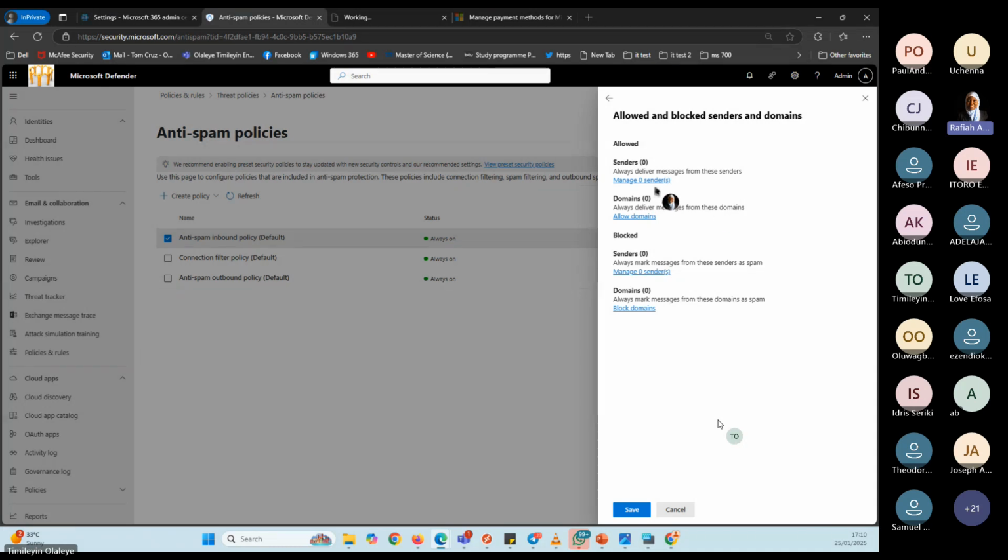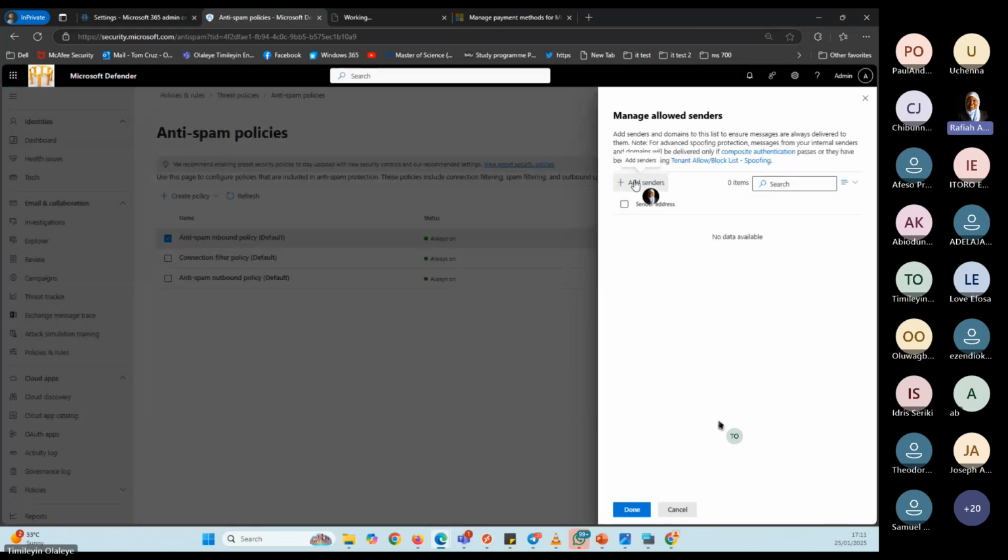Ideally, I'm supposed to get you a message header, because it's the message header that you would analyze. There are instances where we have to get the message header, analyze it, and get the sender email address, the domain, the IP. And in some instances, we also need to work with the return path, because the email in the return path can be different from the actual email address showing in the sender's email address. So if you need to add a sender, just click on manage senders